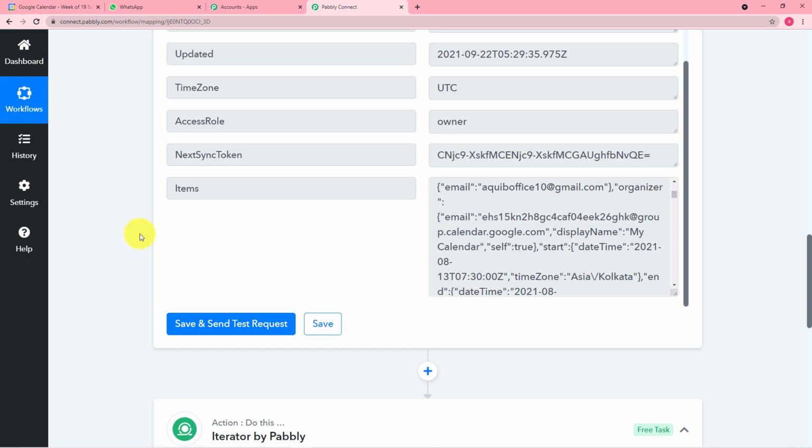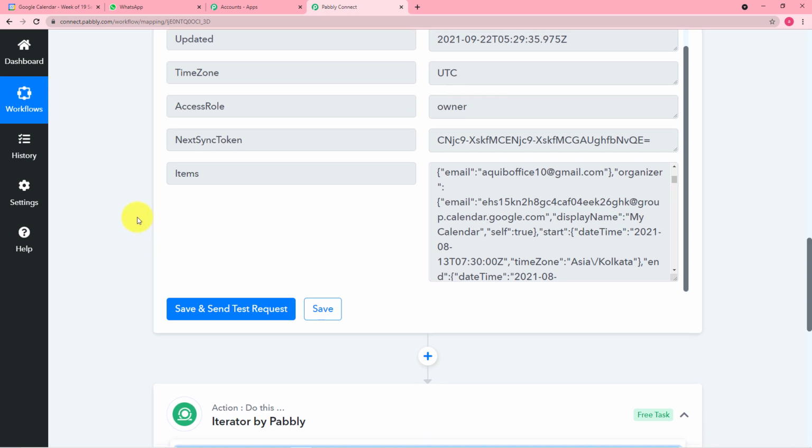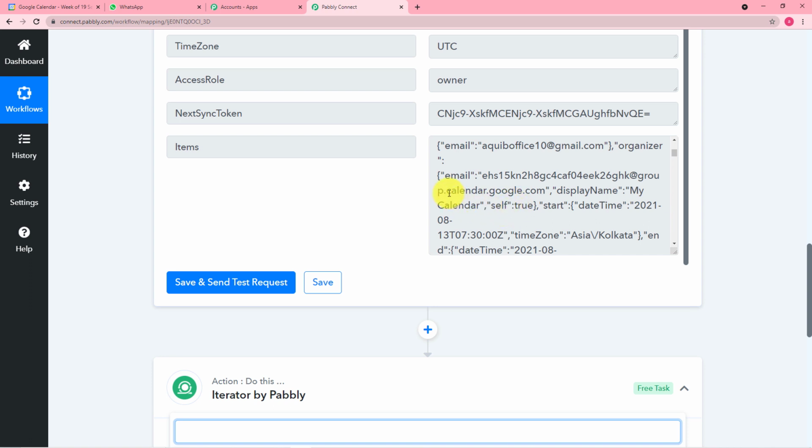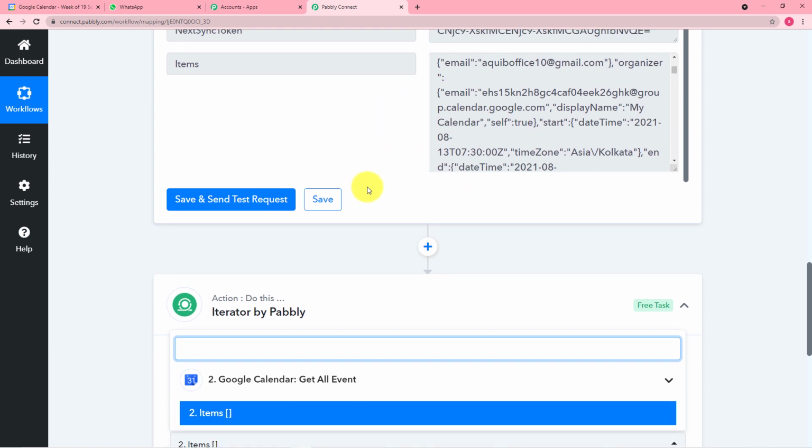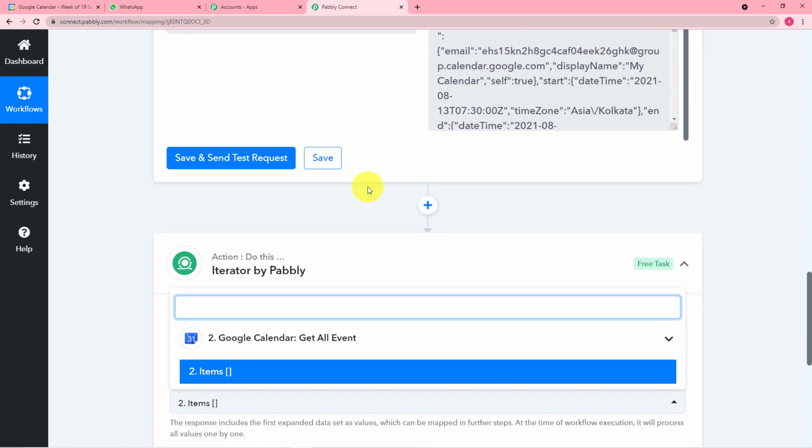So what iterator will do, iterator will segregate this data into individual events, right? So iterator will segregate the data into individual events, and it takes one event at a time. All right. So it will look at one event at a time, then schedule the workflow and send the reminder.